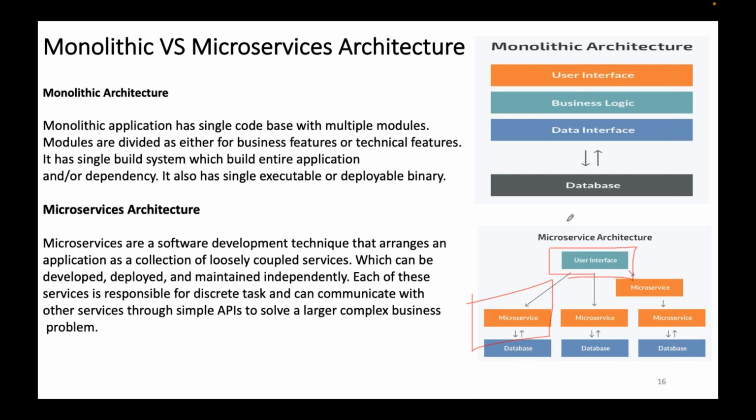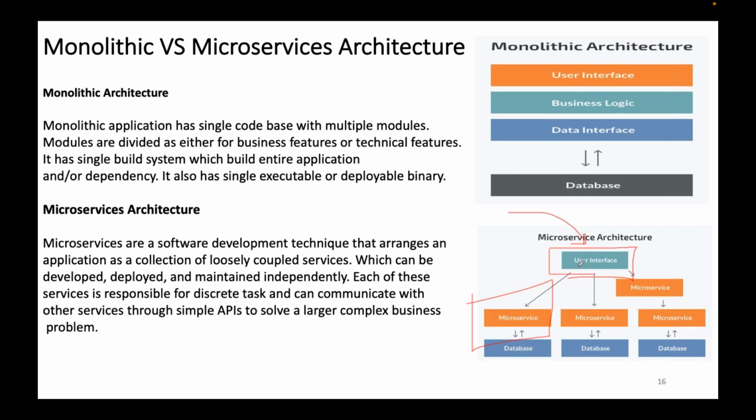Now, end users are accessing the UI. For end users, does it matter whether you are using microservice or monolithic, whether you are using Java, .NET, Python? For end users, no. But as an application team, if you are following microservice architecture, the developer of this UI,